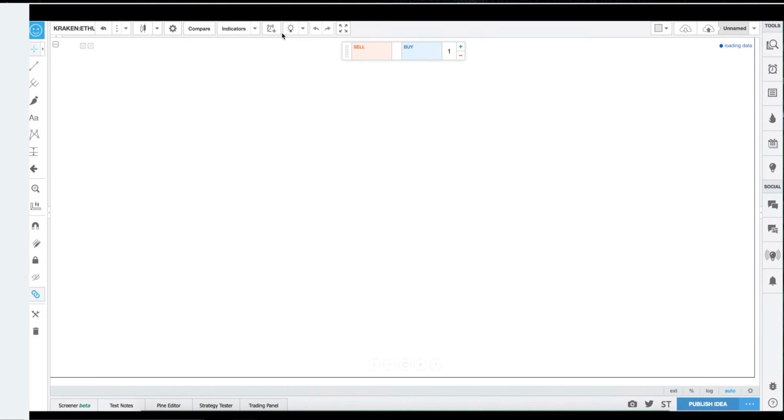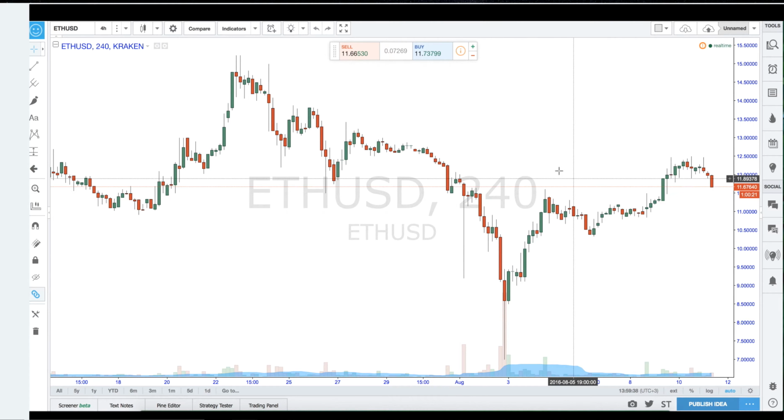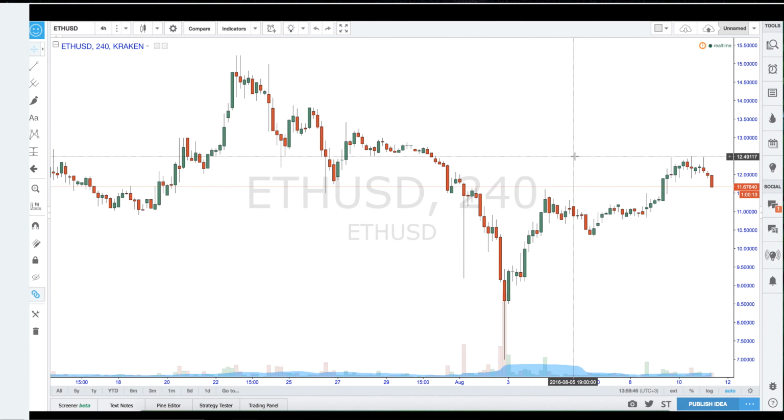A chart will, in fact, appear. So blah, blah, blah. You can skip all that, or you can read through. I'm not going to read through it right now. And it's given me a standard chart. So over here, this is the interface for TradingView. I'm going to go ahead and customize all of this, so it can help if you take a pen, pad.